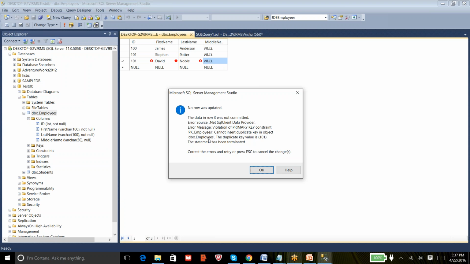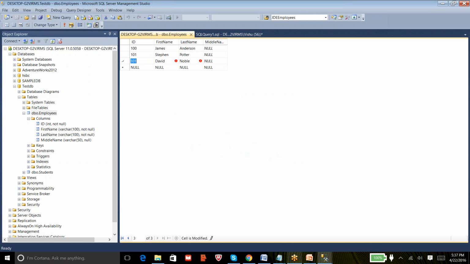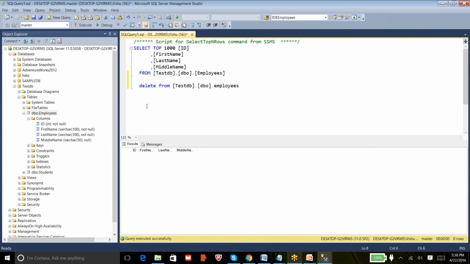So this is the way, maybe once you join any organization, and if you notice this type of errors, it says violation of primary key constraint, then that means users are trying to insert a value that is already present in the table. So it's a straightforward error message. So I need to change this value to a unique one. So now it will allow. So I can do a quick execute SQL and the data will be stored. So this is how we can maintain the data consistency.